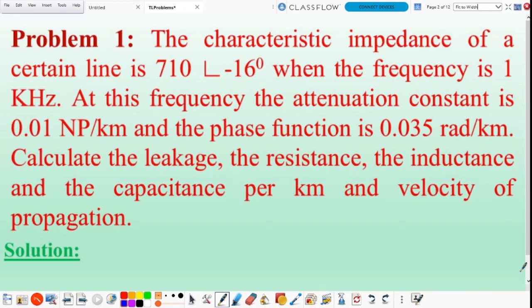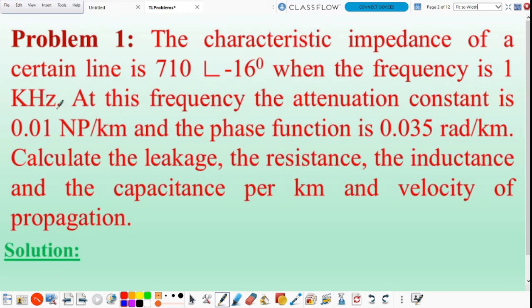Hi everyone. In this video, we are going to discuss examples of transmission line. The first example is the characteristic impedance of a transmission line. The characteristic impedance of a certain line is 710 at an angle of minus 16 degrees when the frequency is